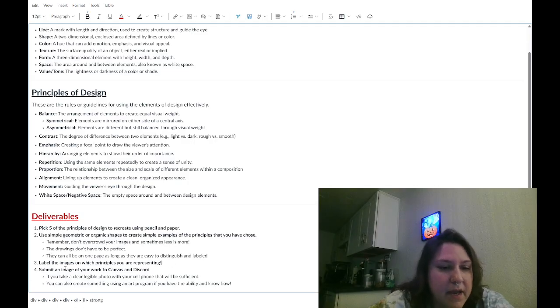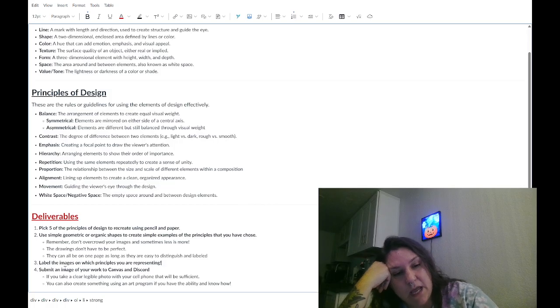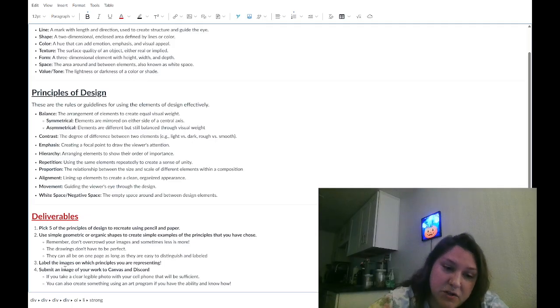And then I want you to submit an image of your work onto Canvas here, right? You're going to submit it for 100 points. And then you're also going to submit it into the Discord chat, right? If you're drawing it on a paper, if you know how to scan it, or create a scanned image, you can do that. If not, as long as you take a nice clear photo with your cell phone with enough lighting, make sure that it's lit appropriately, that's going to be sufficient for this